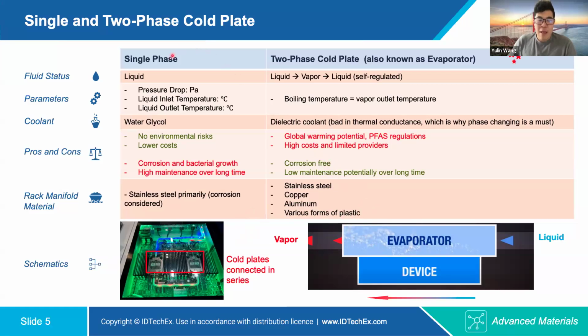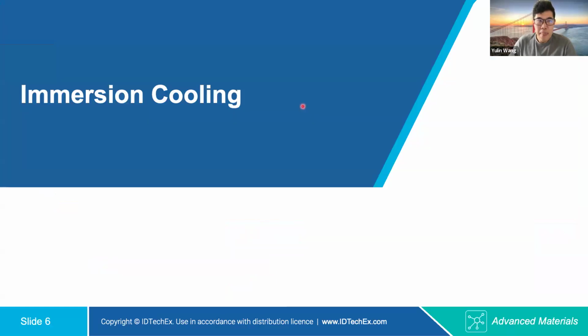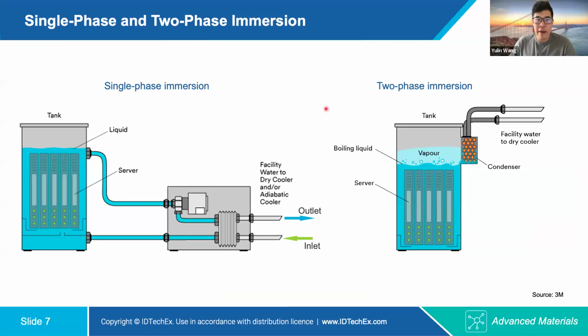So yeah, at the moment, single phase is pretty much dominating the entire cold plate cooling market. However, we do believe that two phase presents its own technology advantages and potential opportunities in the future. And then we will jump into the immersion cooling. So for immersion cooling, we have been talking about immersion cooling, but primarily we refer to single phase immersion cooling,